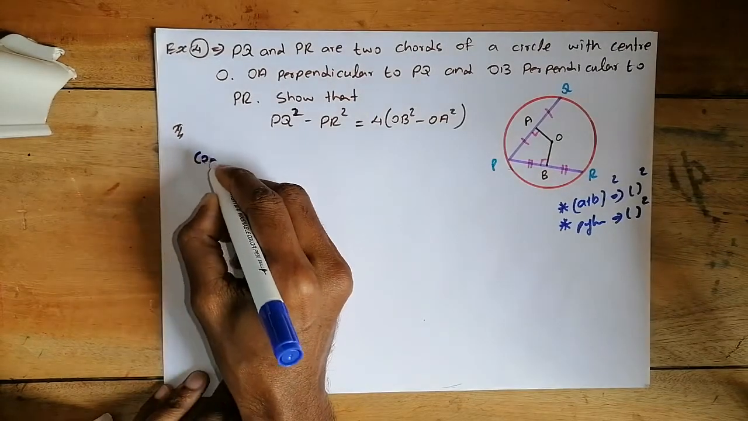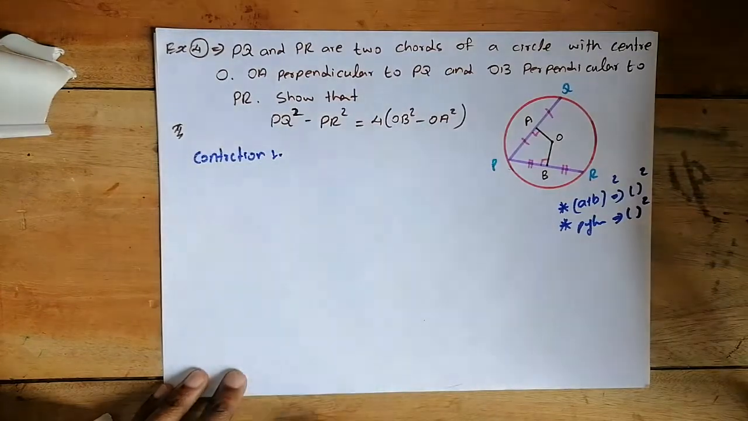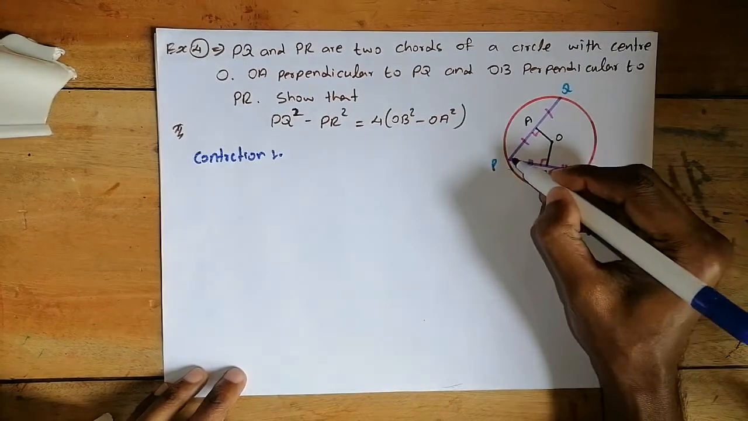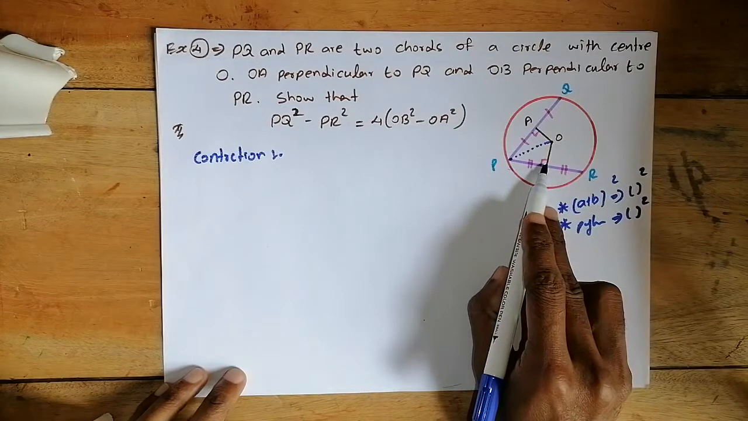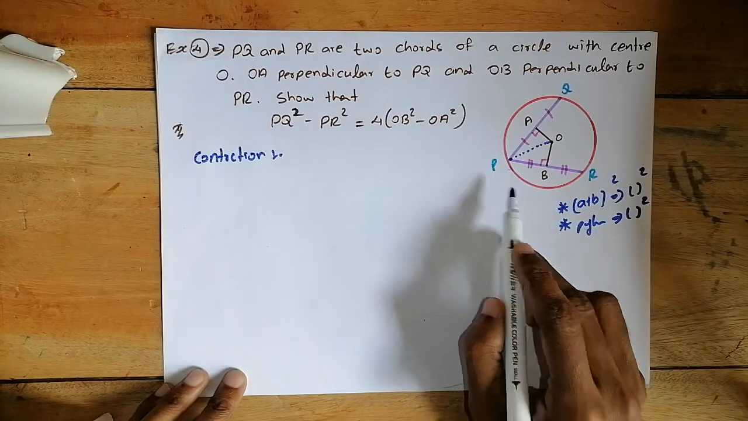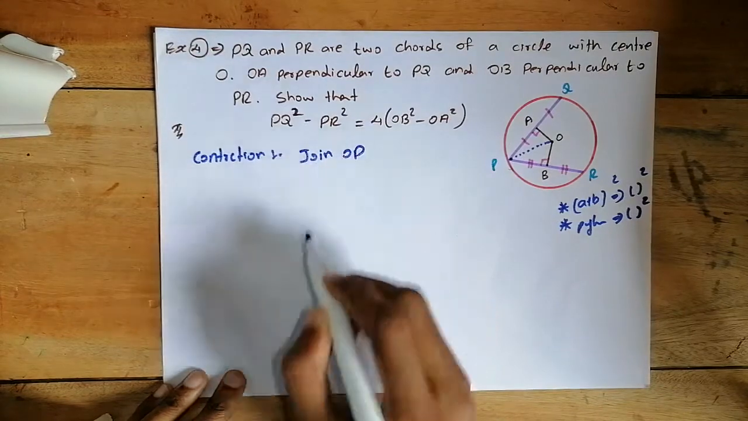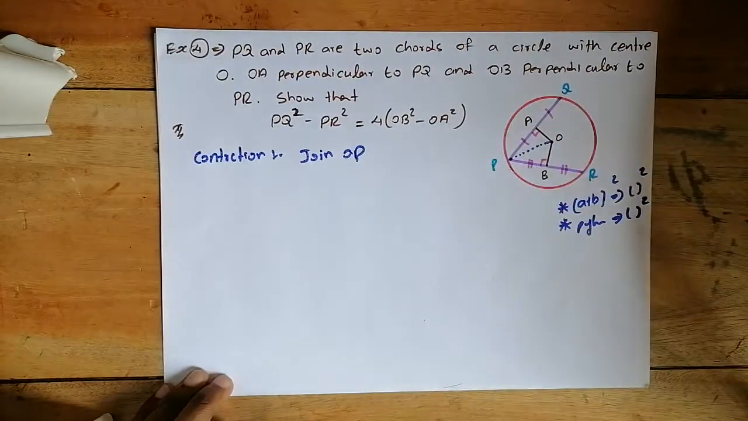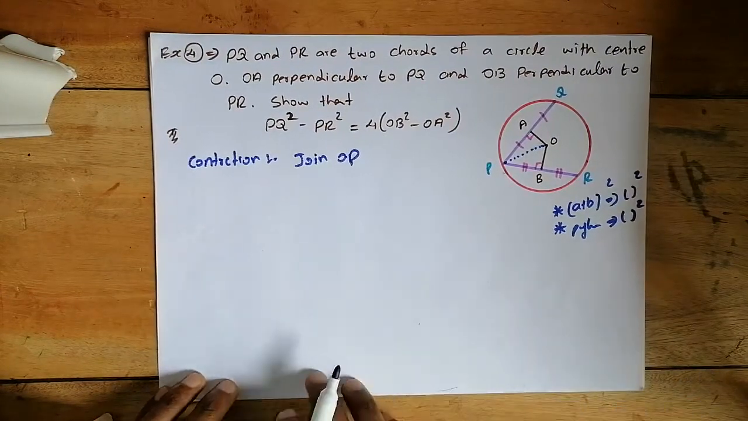So at the start, we need to write the construction needed for the answer. What is the construction? If you want to make a right angle triangle, simply connect O and P. With the perpendiculars, we can easily do it, we need to connect OP. So join OP. Related to the circle, what is OP? OP is the